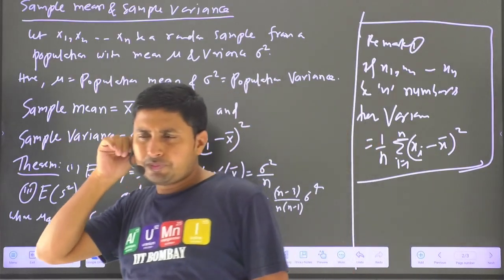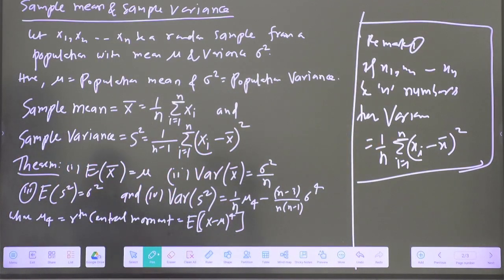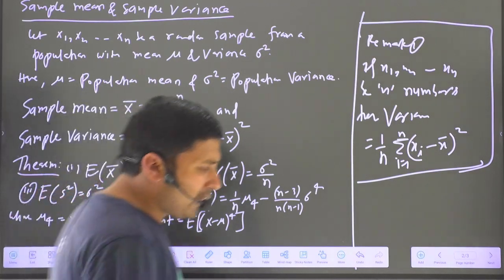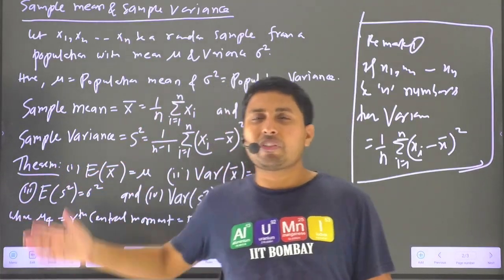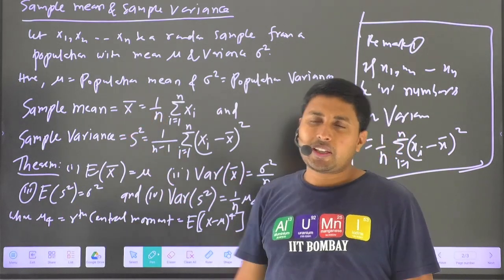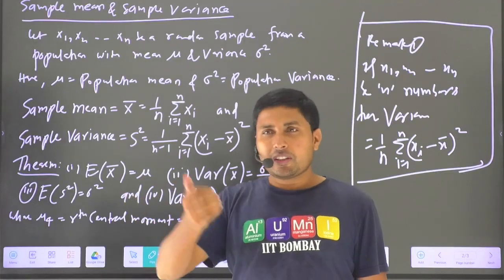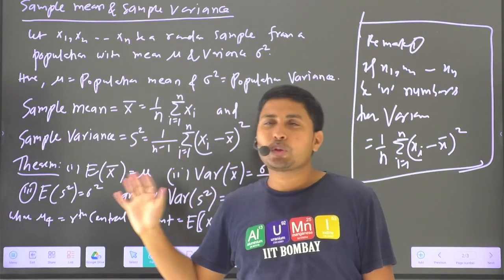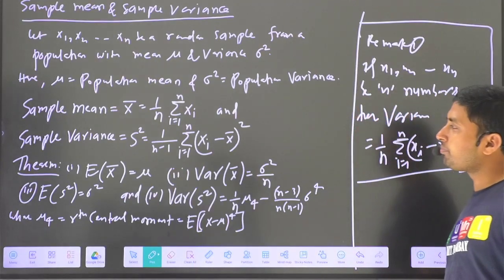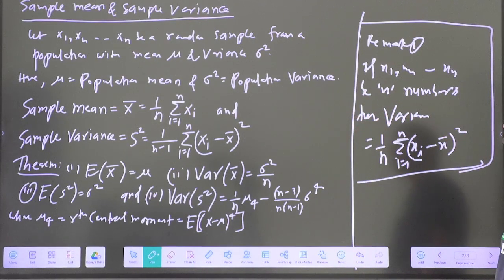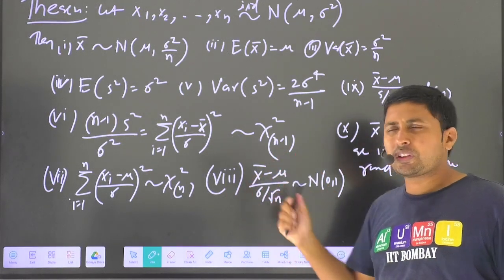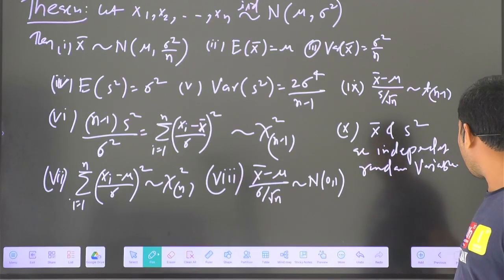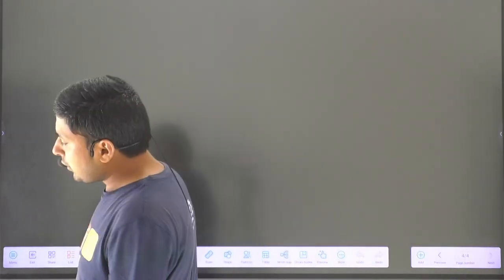You can go to any book like Rohatgi or Casella Berger or any high level book, and you will see this is the definition of sample variance. I'm not defining it, I'm just conveying to you what the books have defined. Okay, so this is theory, and there are many questions they ask on this, like in the sampling distribution, there are many results. For example, if I come to